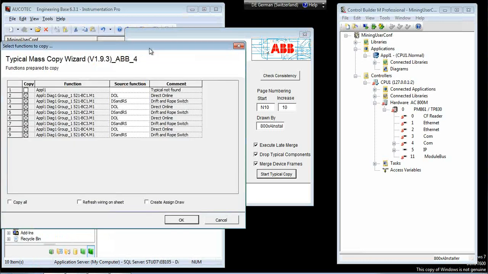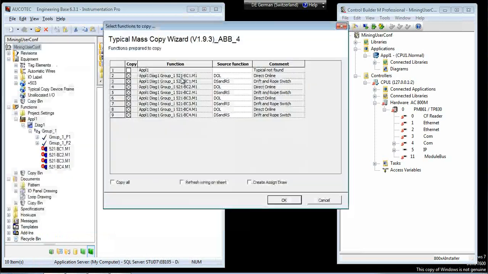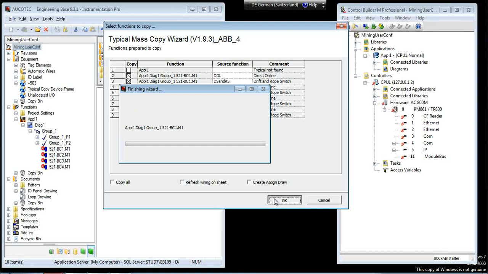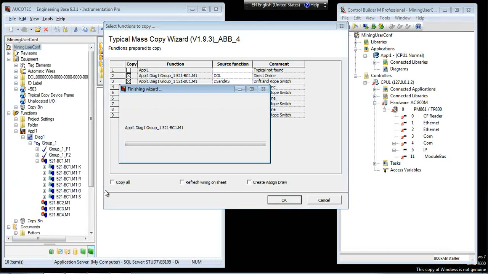The system tells me what typicals will be created. We can see here for belt conveyor 1, it will create a direct online motor starter, and it will create as well a drift and a rope switch instrumentation. And it's doing that for all the motors. So we press OK. And now drawings will be created, and you can see here belt conveyor 1 already got